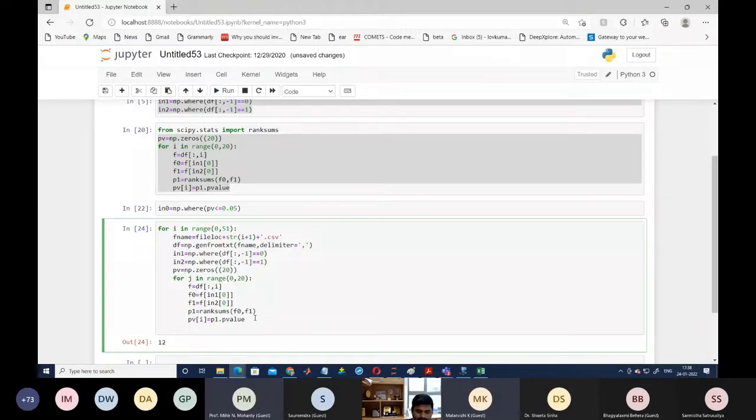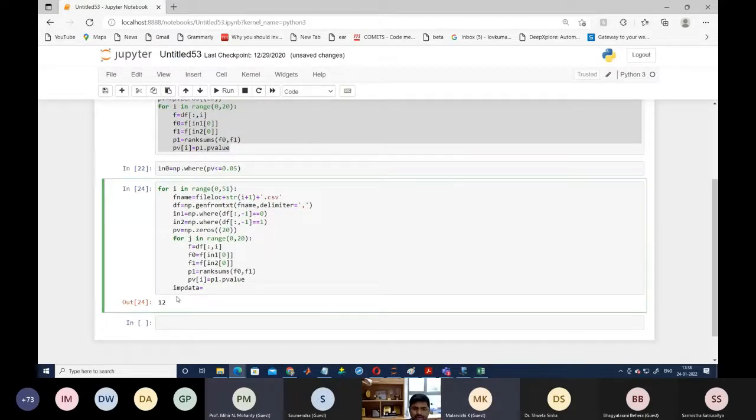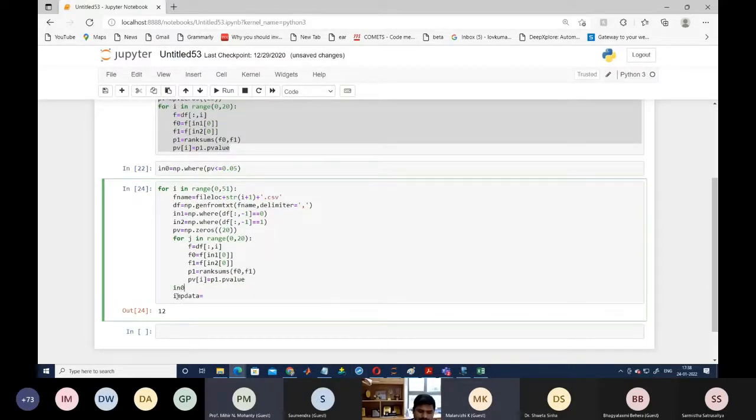After that, we find the important data. Before that, we have to find how many features are important. So we write in0 equal to np.where p value is smaller than or equal to 0.05, and then we are taking df of all column comma in.